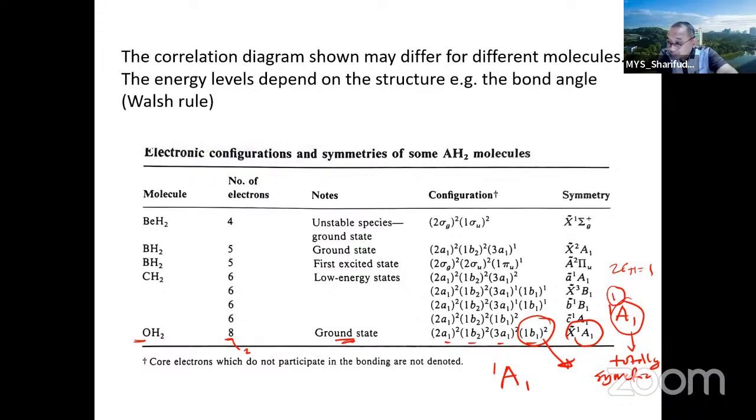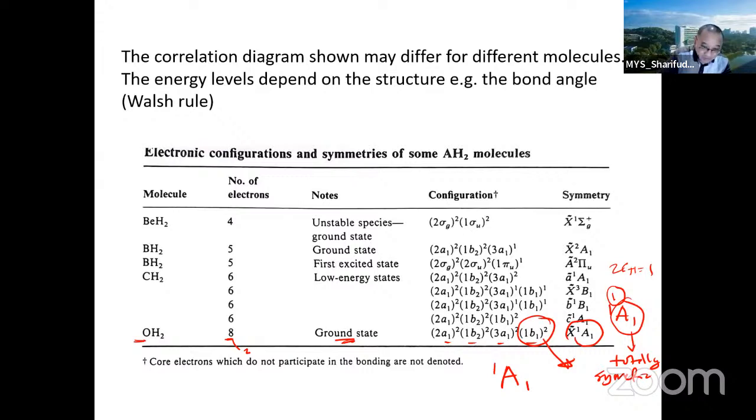Yeah. It's a bit difficult to swallow. I understand, you know, but I'm trying to give you the most qualitative, basic explanation about why or how these symbols come about. Yeah. So for polyatomic molecules, the term symbols, which indicate the electronic state, come from the